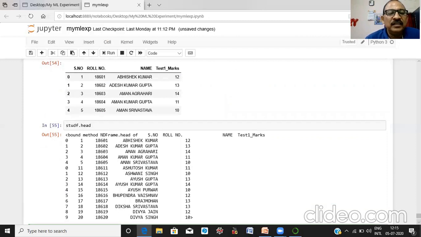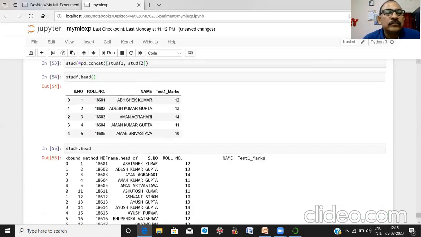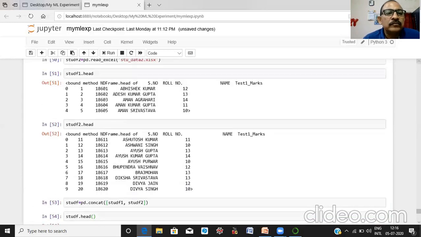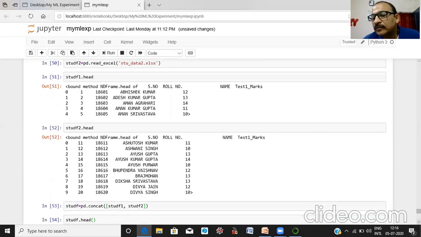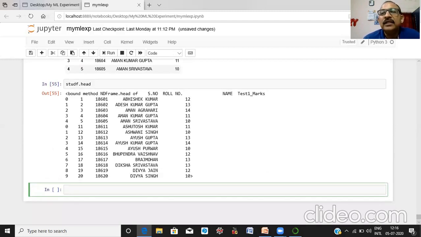This is the modified data set having all the values of two data sets. Now here you can see the 15 records.